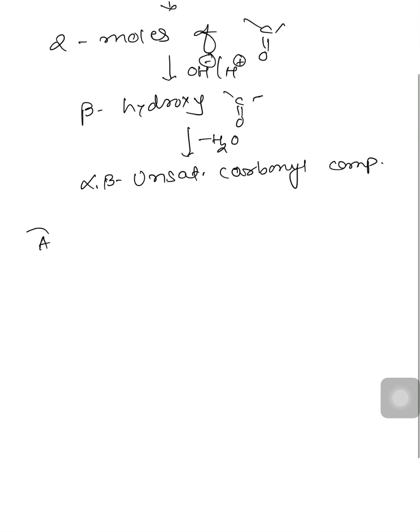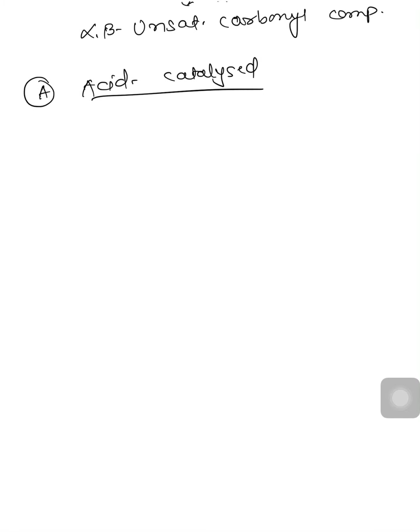First we'll go with acid catalyzed aldol condensation reaction. In acid catalyzed, the reaction can be carried out in presence of H2SO4, which is a good dehydrating agent. So first we will take 2 moles of acetaldehyde. In presence of H plus, it will give us a product aldol. Now what is aldol? It is a beta hydroxycarbonyl compound. Beta hydroxy means there is one hydroxy group and a carbonyl group. So there is one aldehyde group, and alcohol plus aldehyde means aldol. So it is an aldol product.